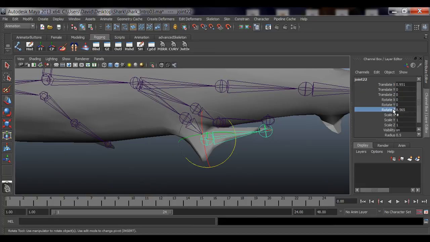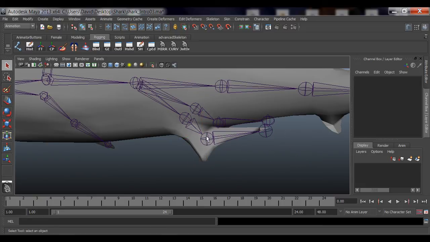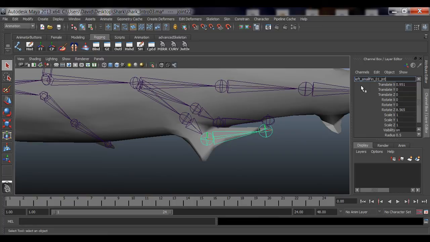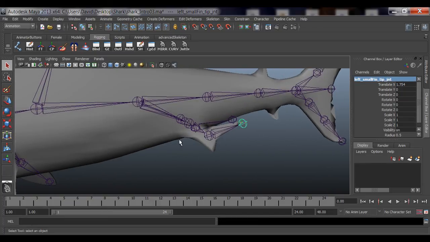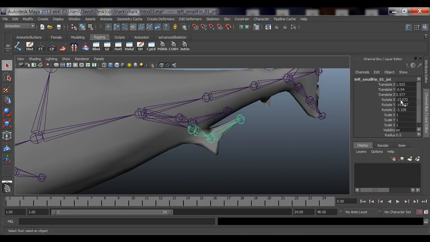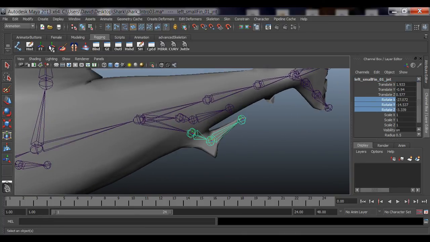Hey, I can see that these joints have values. I guess I forgot to freeze transformation on these, so I will take care of that right away. So paste that again. This is 2, so don't forget to change that. And then the last one, it's going to be not 3 but the tip. So boom, baby. Freeze transformations, I don't know why I left those rotations there. Freeze transformations,